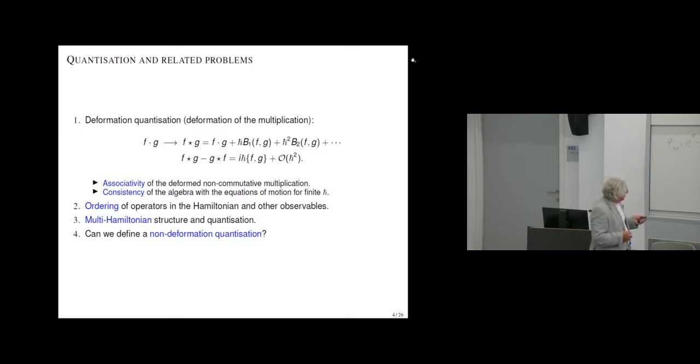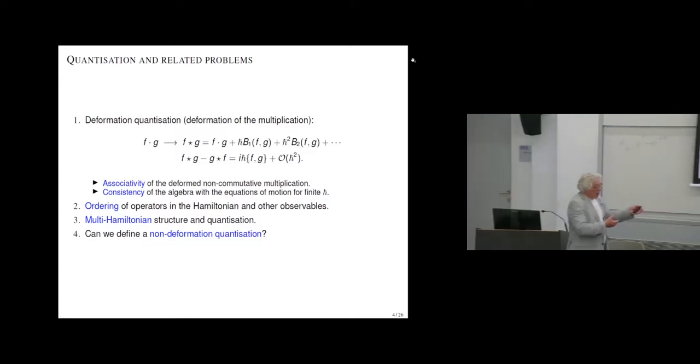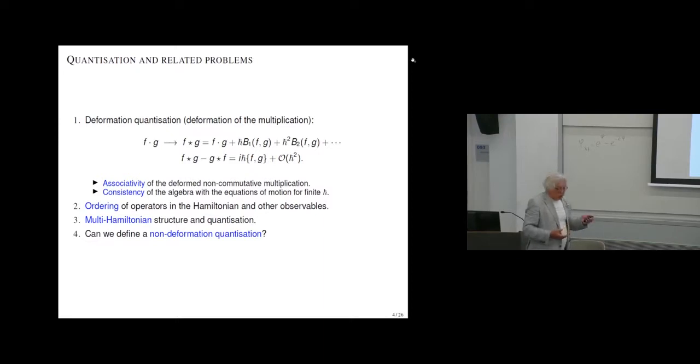And there is no canonical way to do it. There are two other issues I want to discuss today. One is multi-Hamiltonian structures, which later talks will cover, and how these multi-Hamiltonian structures can be recast on the quantum level. And the last question: how can we identify non-deformation quantization? Because deformation is clear: for some structure, you just take a deformation of the algebra multiplication which has this property. And what does non-deformation mean? How do we define this object?